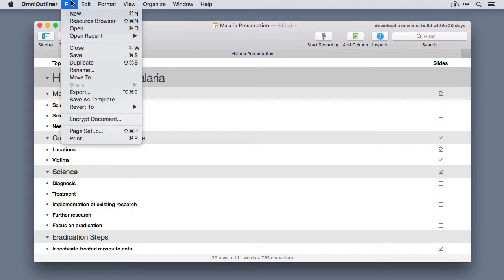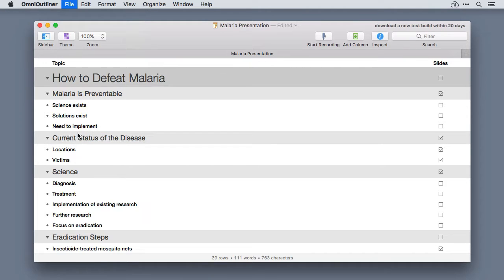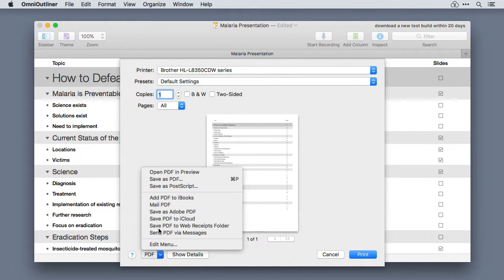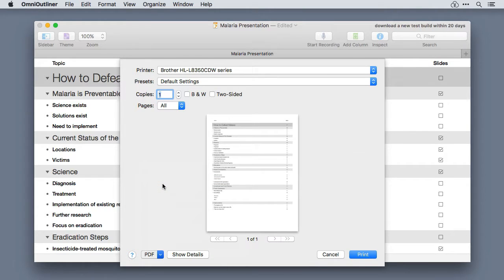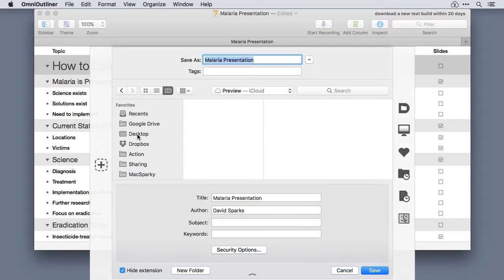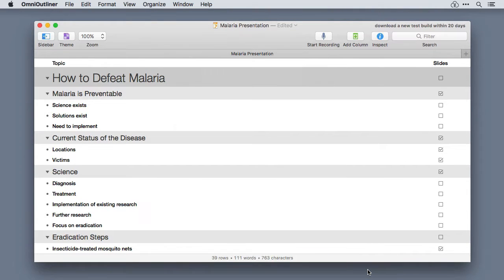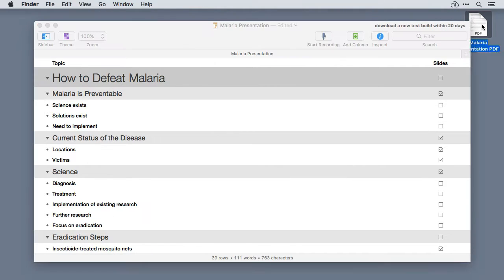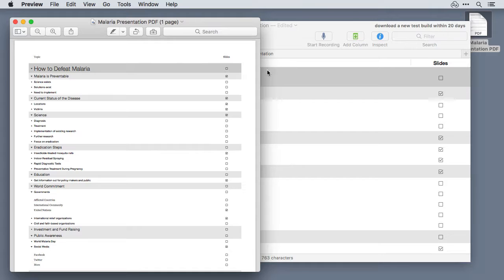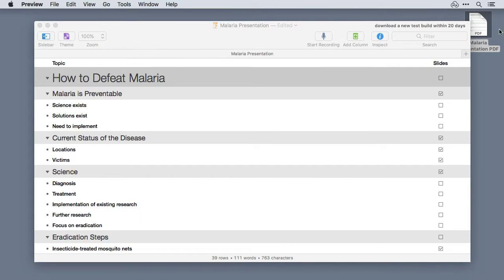To do that, just go to File, Print, and then click the PDF menu and say Save as PDF. I'm going to go ahead and save it to the desktop. I'll call it the Malaria Presentation PDF. After I click Save, you'll see it shows up here on my desktop. I can double click it and it'll open up my outline in Preview. That's a great way to share it with people that you don't want to make edits but still need it